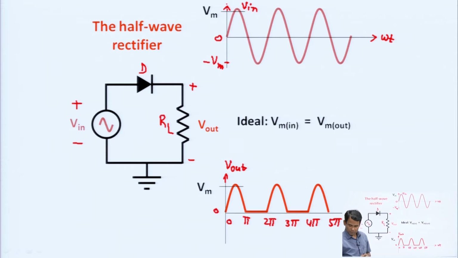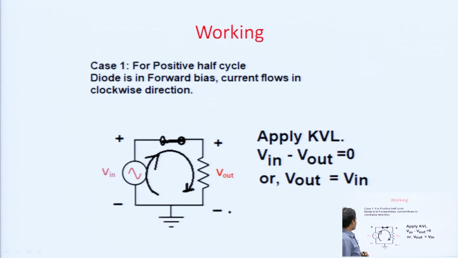I am going to discuss the working of this rectifier circuit. For the positive half cycle, first of all we should learn the sign convention. For the positive half cycle, this is plus and this is minus, and for the negative half cycle, this is minus and this is plus. This means when V input is in the positive half cycle, this terminal is positive and this terminal is negative. For this, the diode becomes forward biased, and the current will flow in the